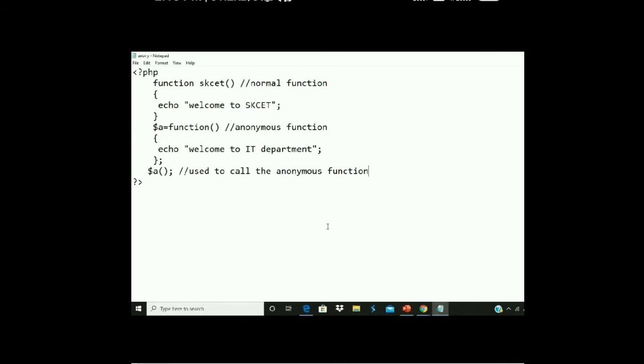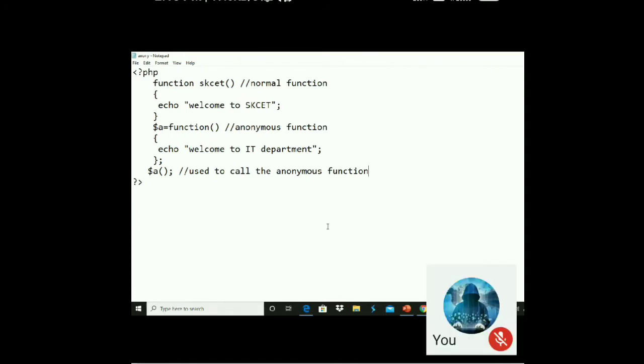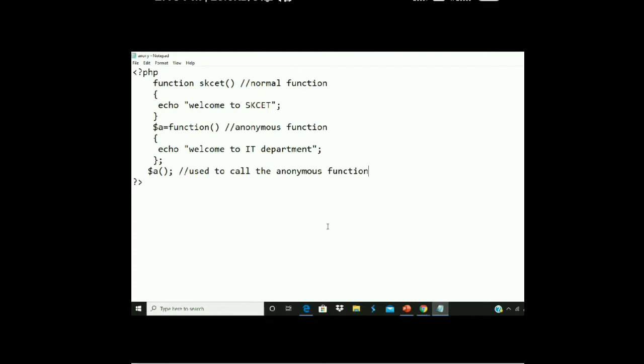Sir, why do we use this function, sir? Okay, see, this is actually called a one-line function. To incorporate the functionality, say for example, if you want to pass one parameter inside another, if you want to make a nested call continuously, in that case you can go for this function. Frequently you can make a nested call. In other terms, it is also called a callback function. In the worst case it will be used, not in all cases. But this has been included in your syllabus. So if you want to make frequent nested calls, in that case, we can use anonymous functions.